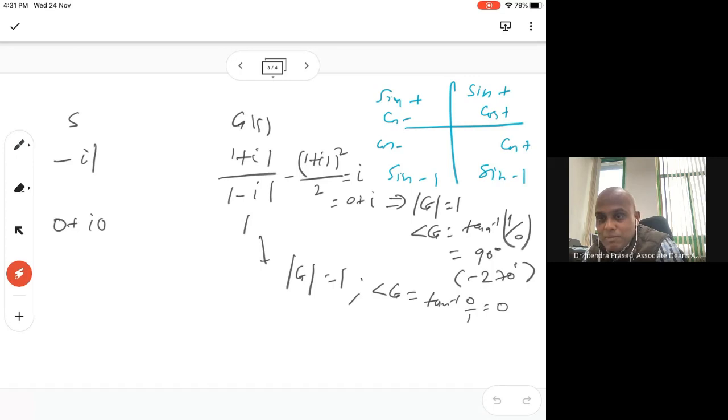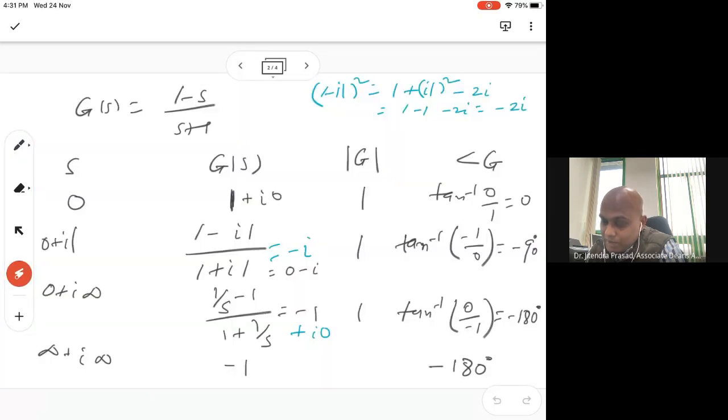But we may make some mistake. If we take intermediate points, we may get some other value. Okay, so you have to be careful. So based on this, it looks like a circle. And you can check for other values as well, if it is true or not. So let us say put here only we can check. Okay, so let's say s equal to plus I2. Okay, here. So between this and this, we put 0 plus I2.